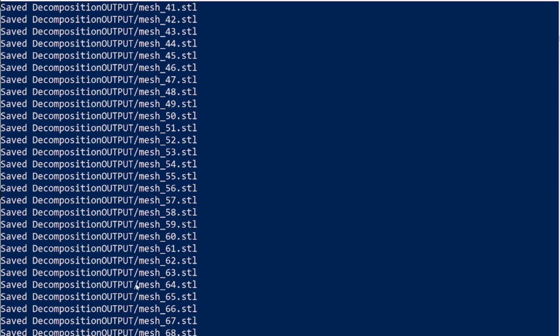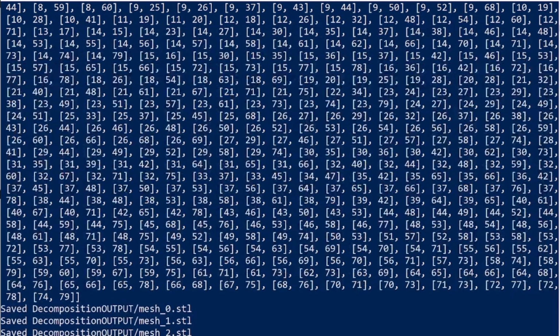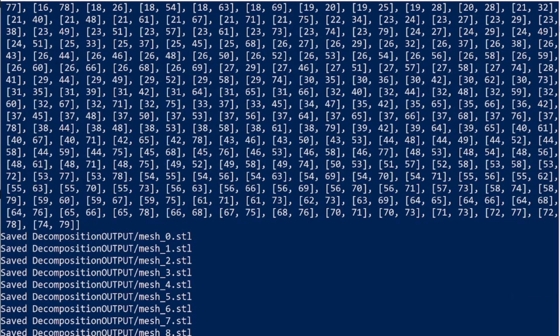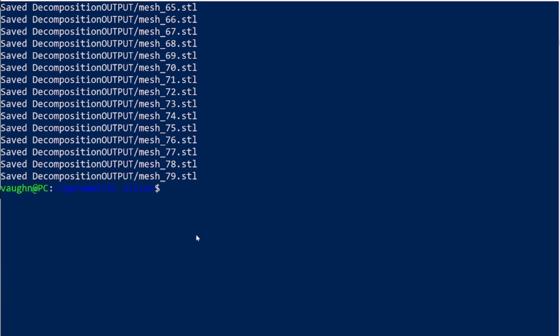Okay, so here we are after having all that stuff decomposed, and what I'm doing is spitting out all the separate meshes to a file, as well as creating this list of what meshes are adjacent, and that's getting saved into this decomposition output folder. So from there, I'm going to run the next script here,